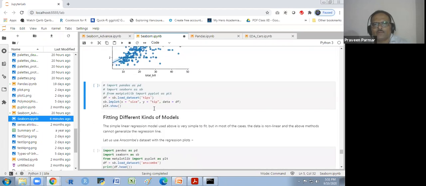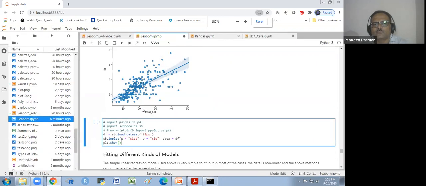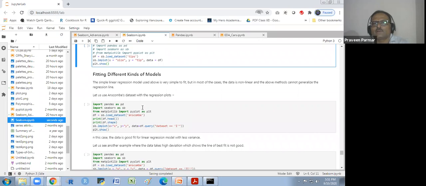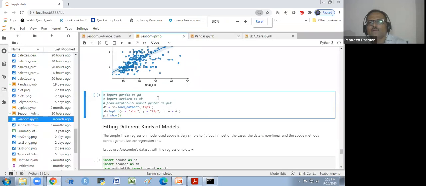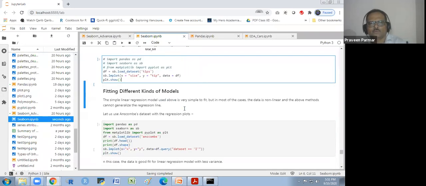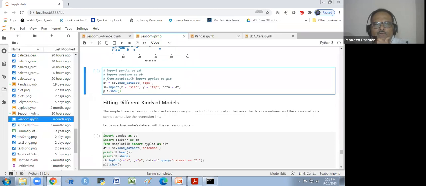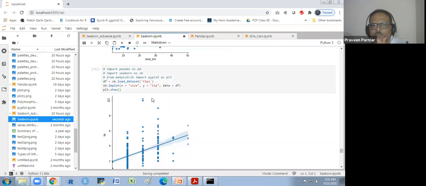So we were making this plot, and I take that 100. It is 100 now, so it is visible to you. And here I am making a linear model plot with size and that, so I will get an open plot.